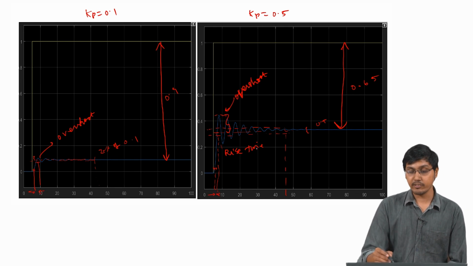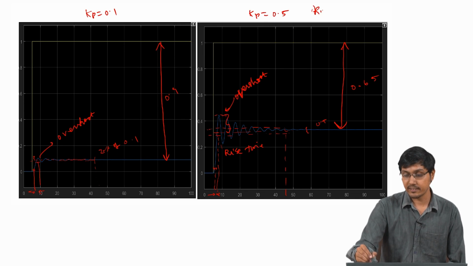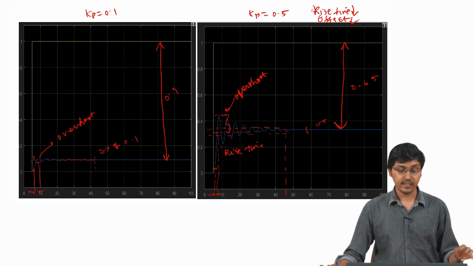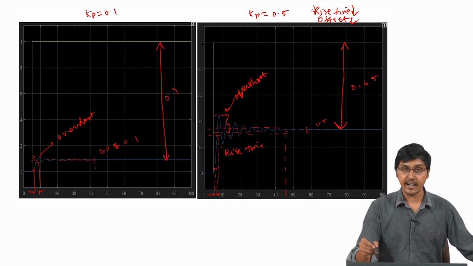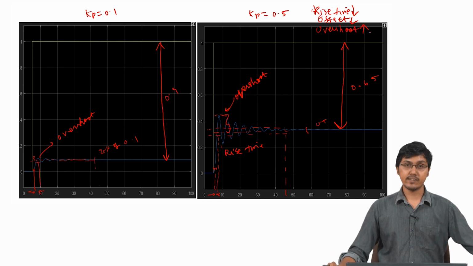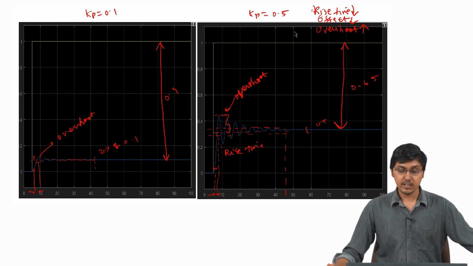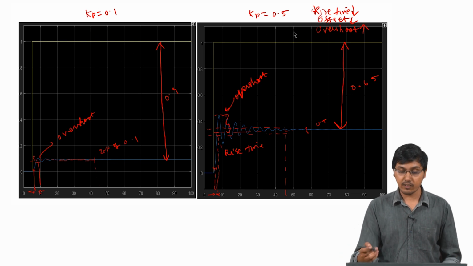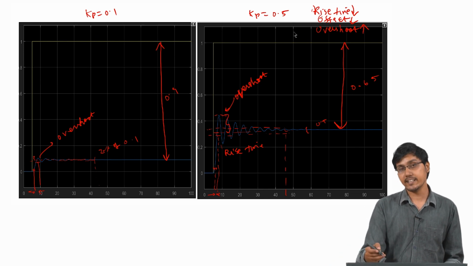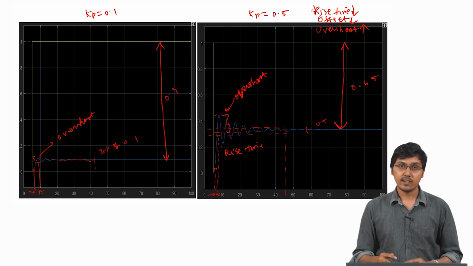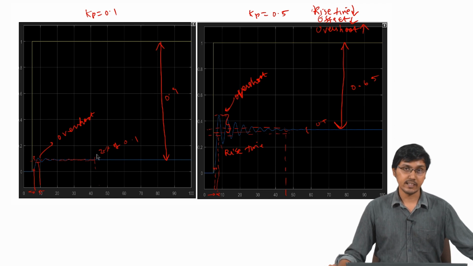So when you increase the gain, we can see two things. One is the rise time is decreasing, and offset is decreasing. These are the two things that we can clearly make out from this, and another thing is overshoot is increasing. So these are the observations on what happens on increasing the proportional gain. You can also play with different transfer functions and observe that these things hold. And one more thing we talked about, but didn't observe anything significant, was settling time. Settling time did not have any great impact, or we cannot make out anything about settling time.